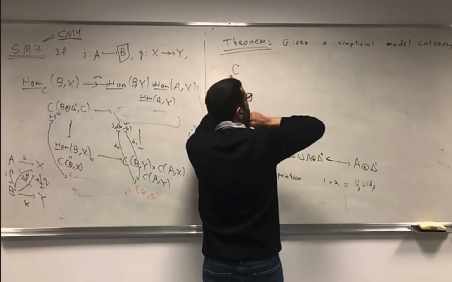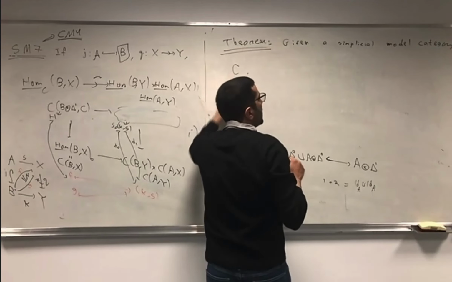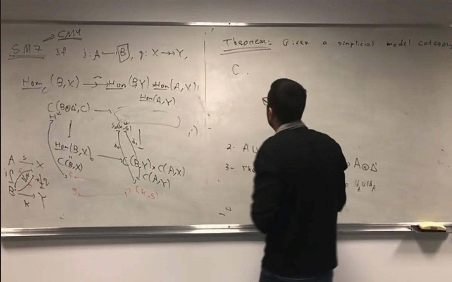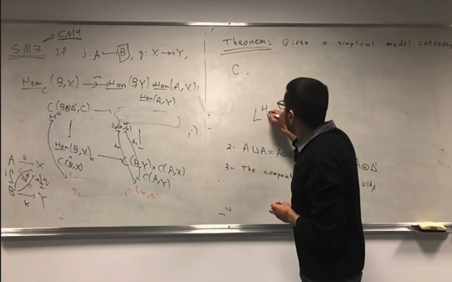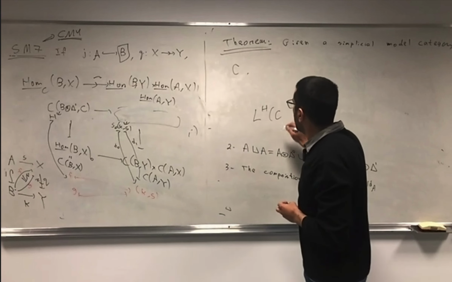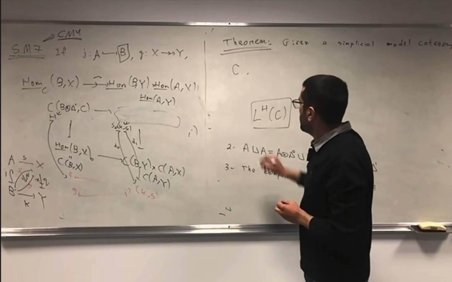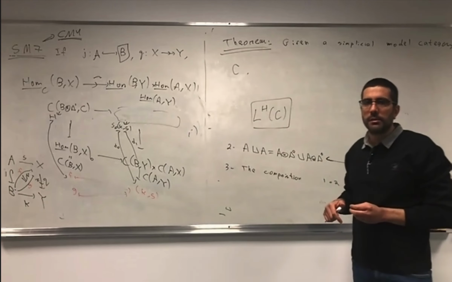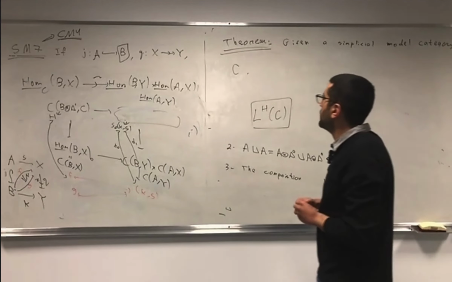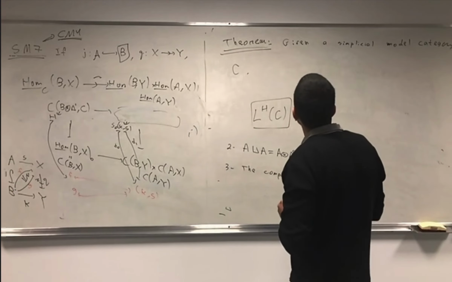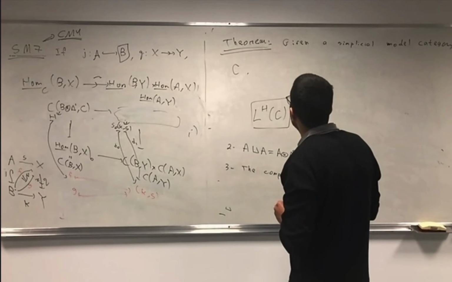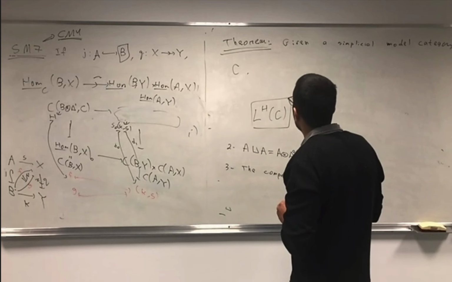Then we can do here the hammock localization for this, the Dwyer-Kan localization. And what the theorem tells me is that there is a Dwyer-Kan, if we take, just a minute, if we take the,